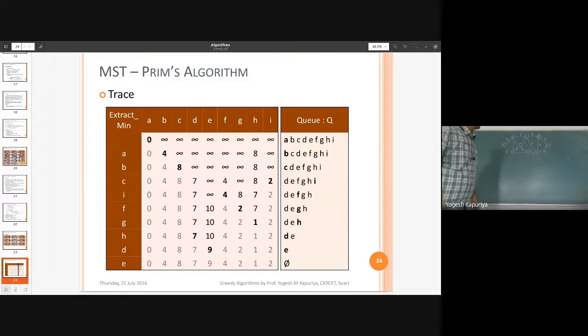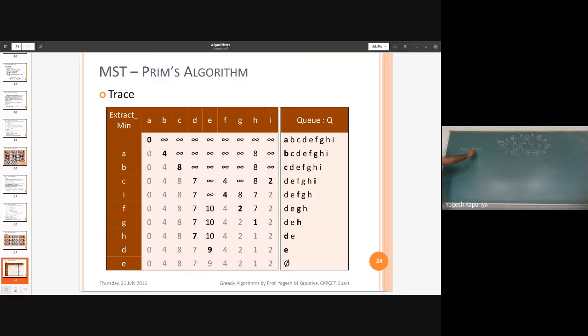So how does Prim's do that? Basically it requires some sort of source vertex. So let's say A is your source vertex. Now, each of the other vertices will be pushed inside the queue.